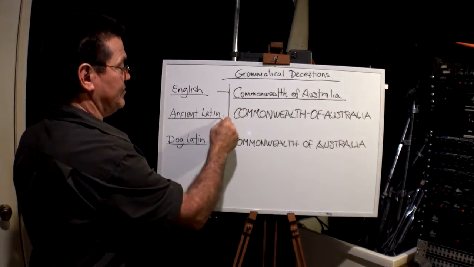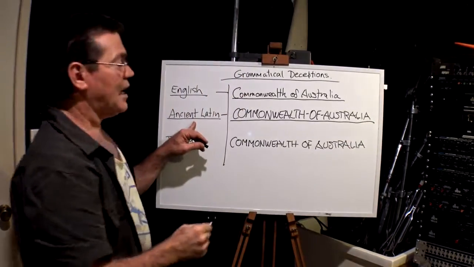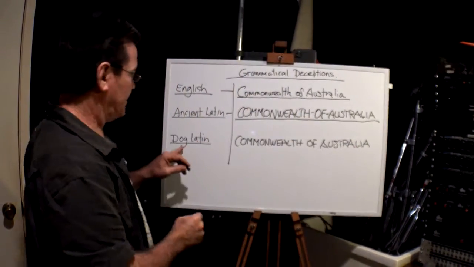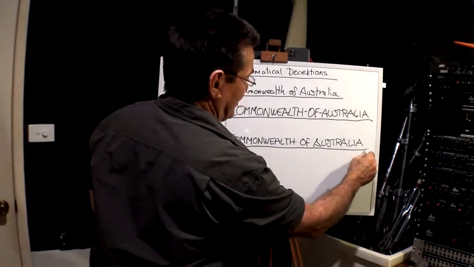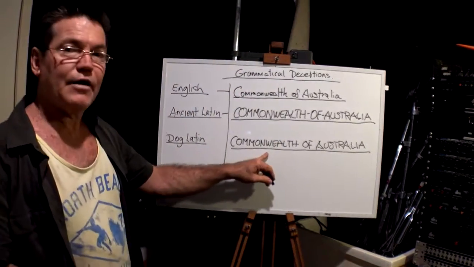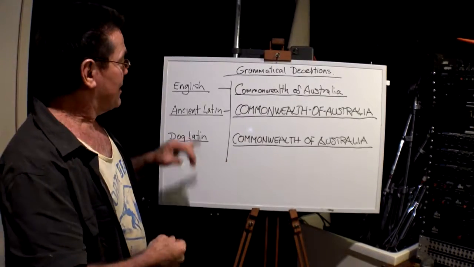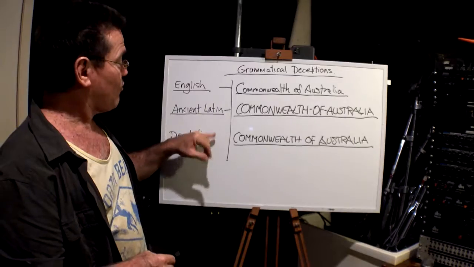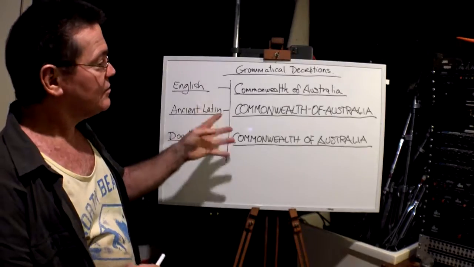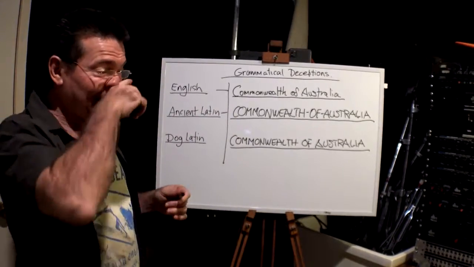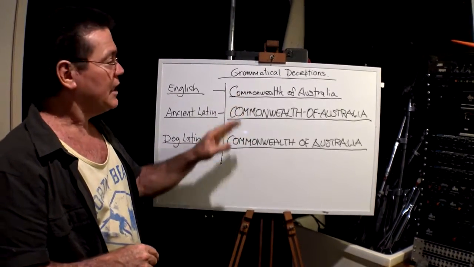English, ancient Latin with the hyphens, and Dog Latin, the Latin for the illiterate, people that can't read. Now, English, these are all three very recognized languages. But the thing about the grammatical standing of these three types of written language is that they don't